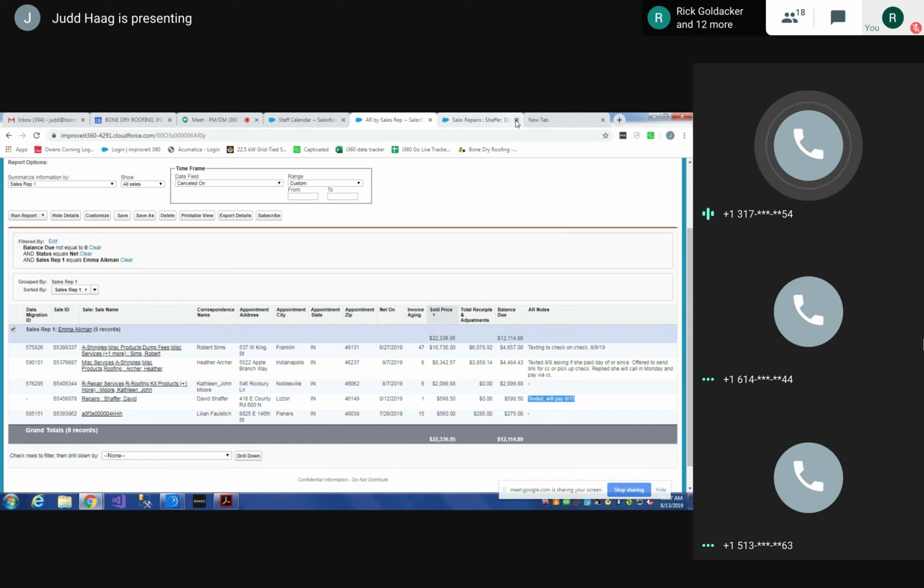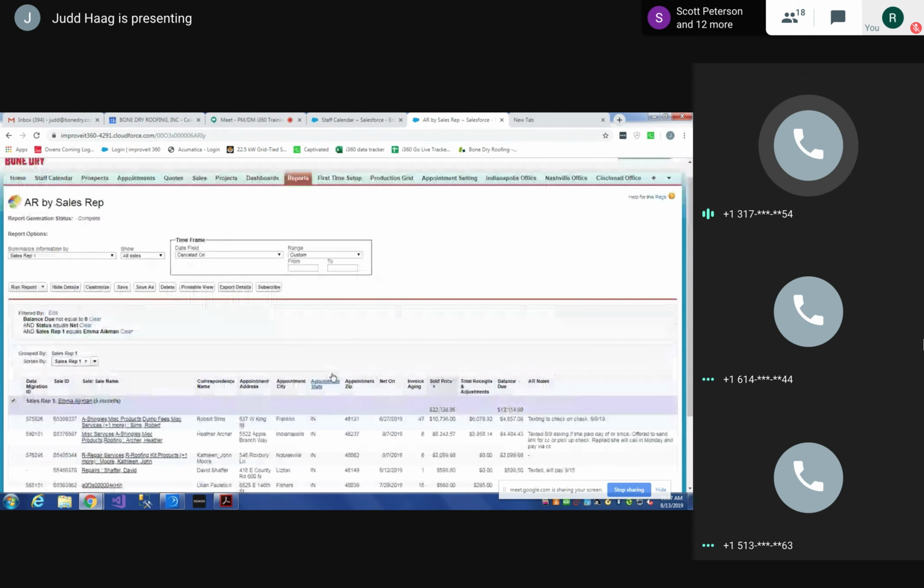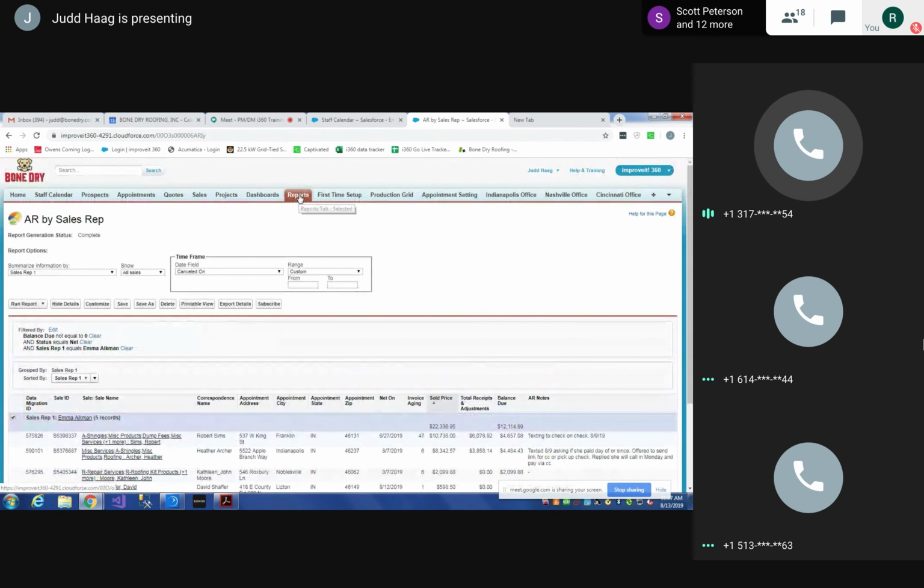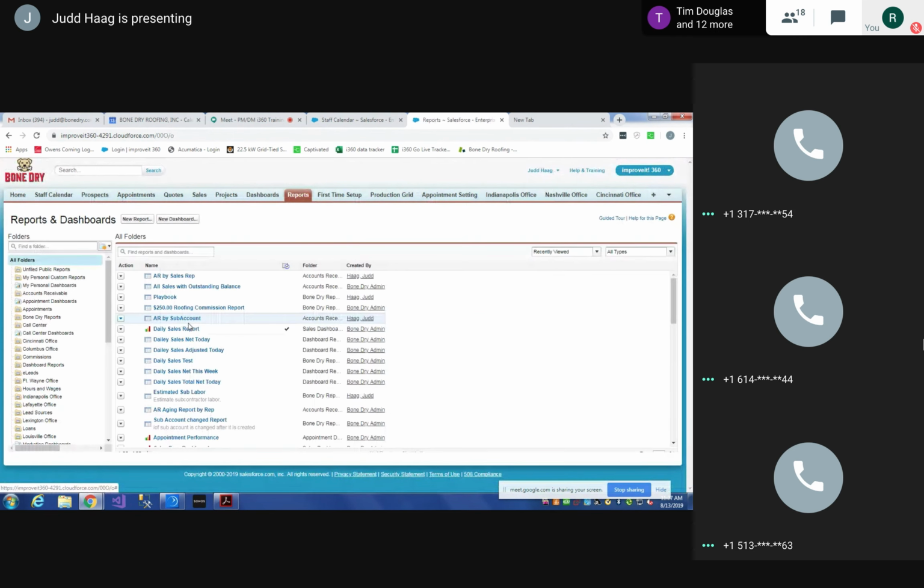So I'm going to leave that one on there for now, because now I'll show you how a division manager can go in and pull their division's AR to be able to check and see what has and hasn't been updated. So if I go back to, again, reports, I click on the reports tab. Your recent reports will show up here. So you can see that I've pulled up the AR by sub-account recently, but for everybody that hasn't, they can